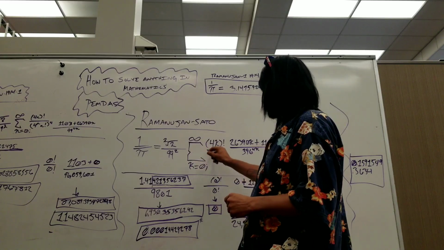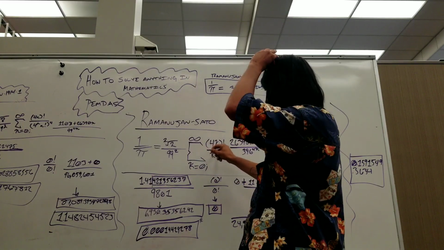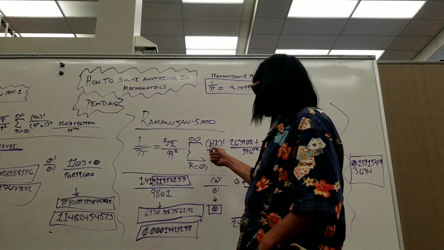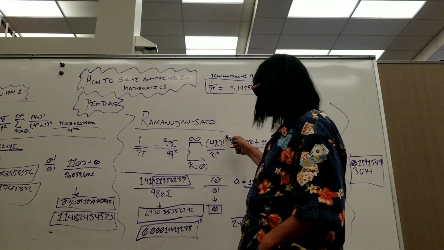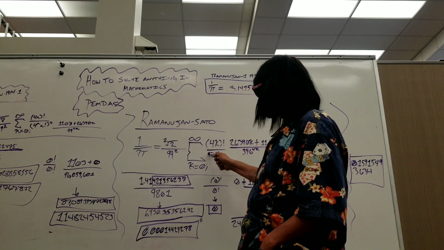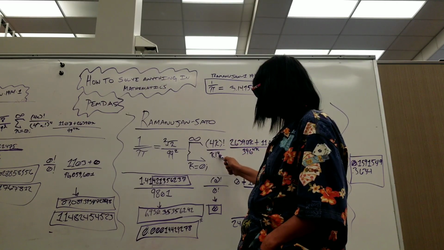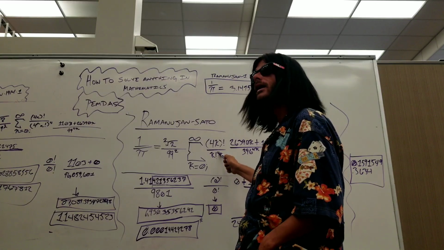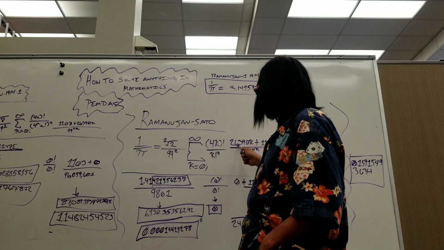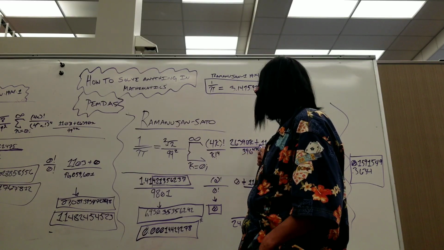Okay, so what you do is, over here you got 4k. So you've got 4k factorial, and then k factorial to the 4th exponent, right? And then over here you've got 26390k plus 11